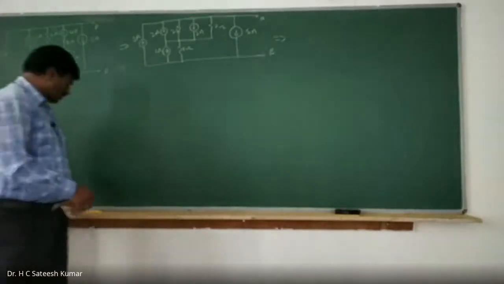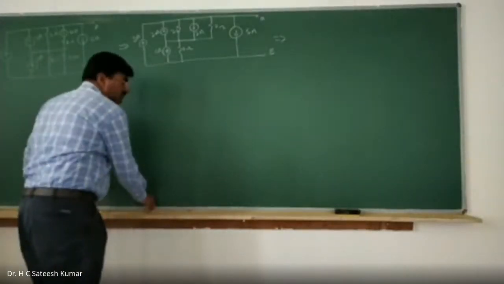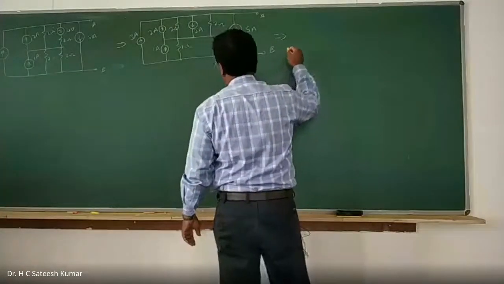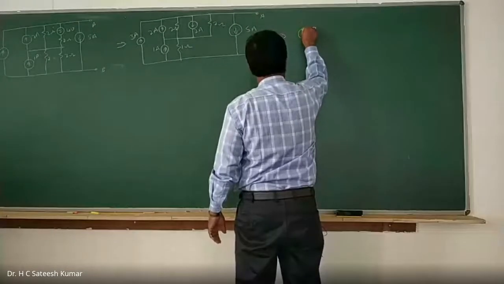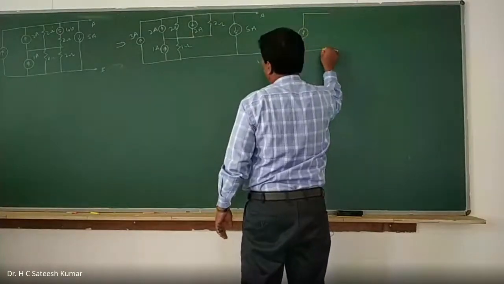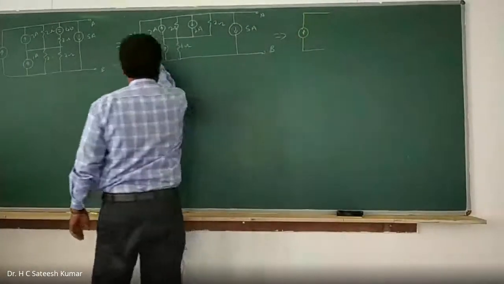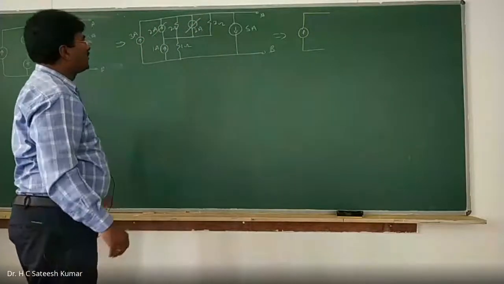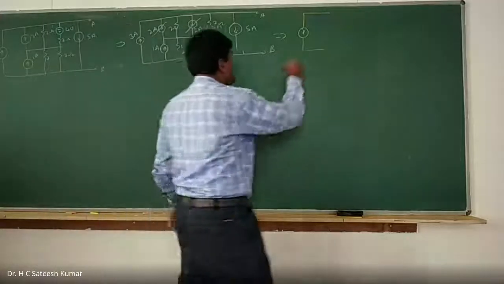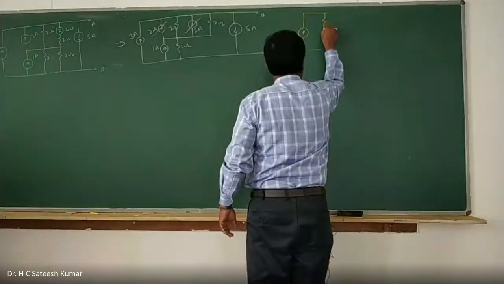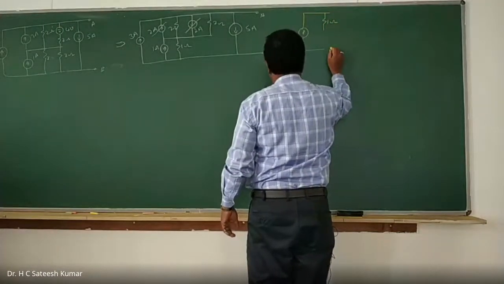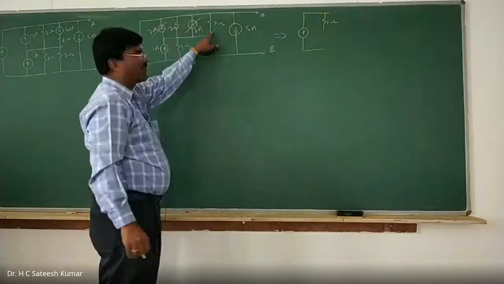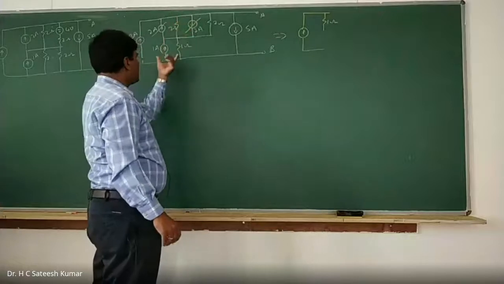Now what I should do is simplify this. A current source, you keep it as it is. See that current source upwards, current source downwards. These two will become 0. And 2 parallel with 2 is what? 1 ohm. And next, this will become in series with this, right? 2 ohm parallel with 2 ohm is 1 ohm. This 1 ohm is in series with this one.